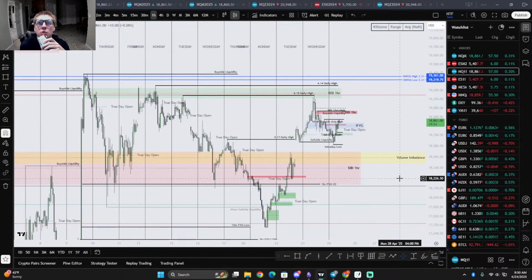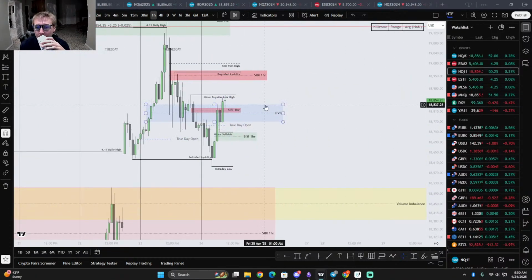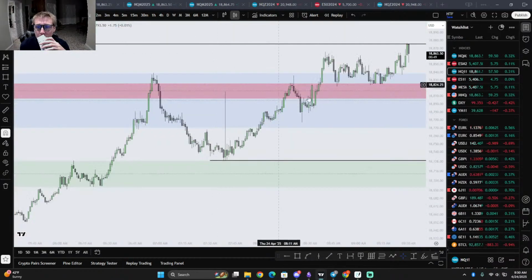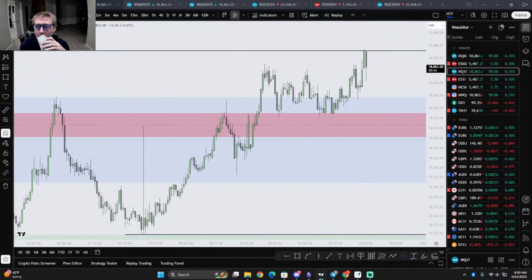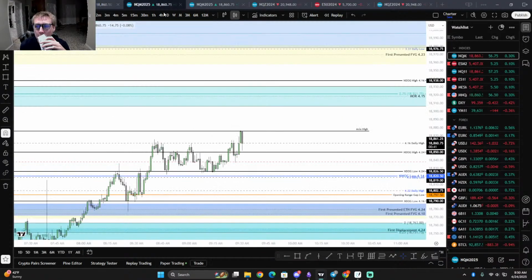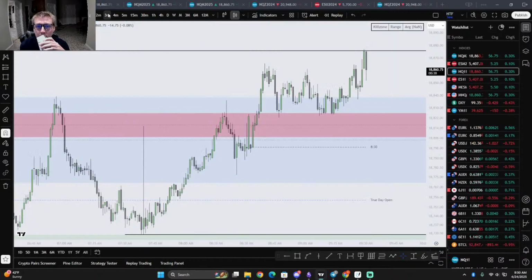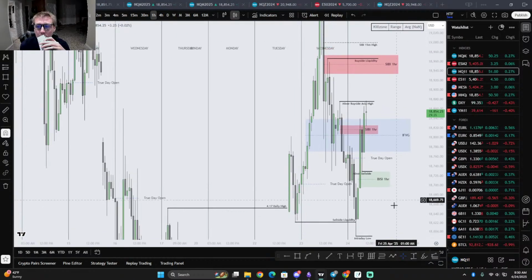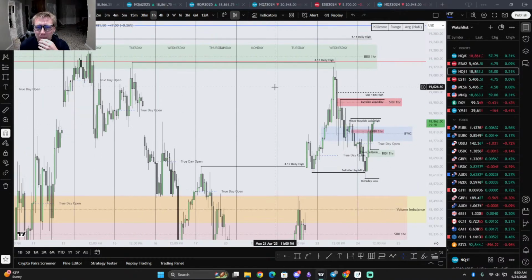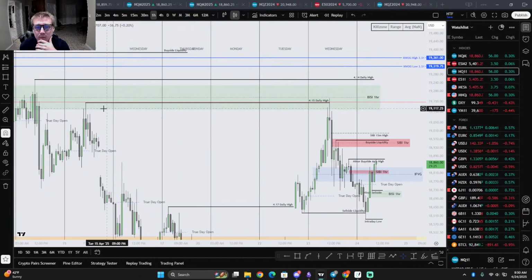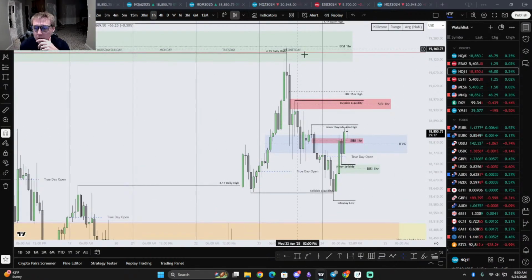If we recall in 2023 mentorship, there was a period where we were stuck between two volume imbalances, and that created a consolidation that lasted a while. So I'm thinking that on the higher time frame chart, we're destined to just consolidate here, especially today, where yes, we still have buy side that rests up here, but we already took this high. We'd have to trade above the SIBI, use this as discount for me to be like, okay, we're going to trade to this high.